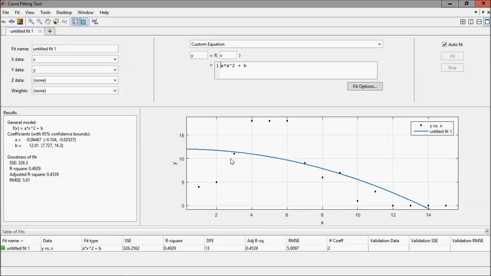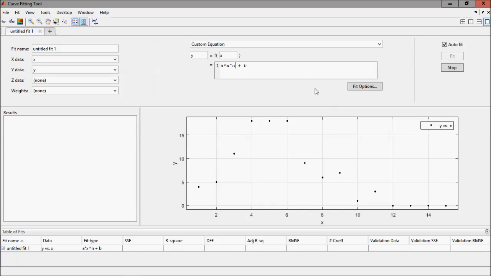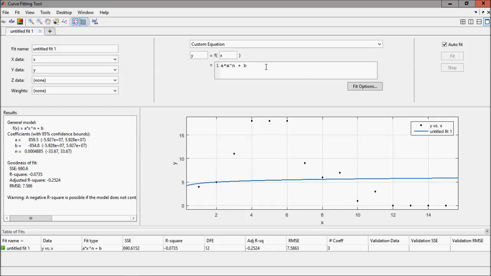So here it's tried to fit this little parabola. It hasn't done a great job here. Let's see if I can get this a little better. So now I'm telling it to fit any type of power function that it wants, and it's even given me a slightly different line. It's actually wanting to go flat because all this stuff at the bottom is